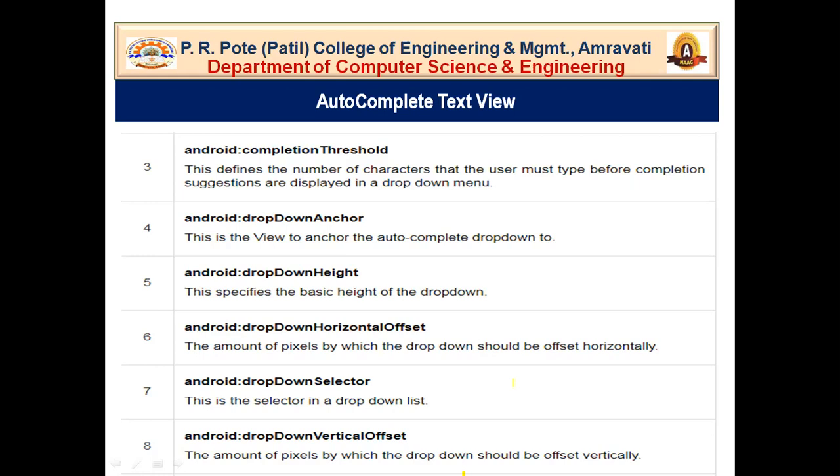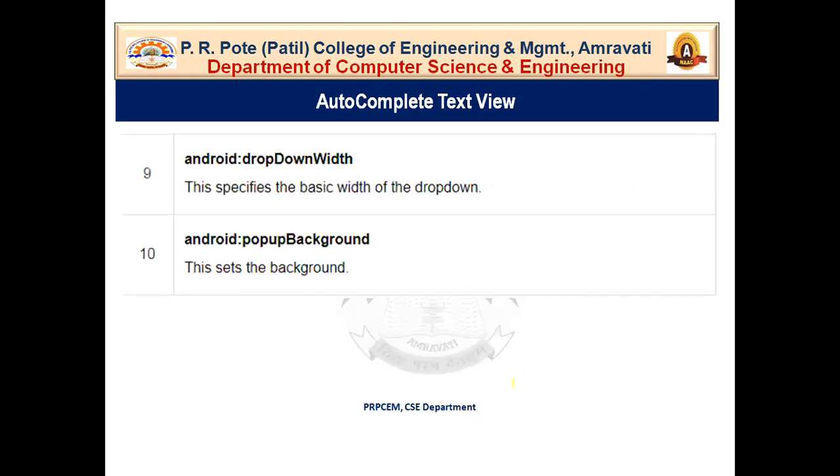This is the selector in a drop-down list. That means by using this drop-down selector, you can select a particular element from this drop-down list. Then android:dropDownVerticalOffset, the amount of pixels by which the drop-down should be offset vertically. Likewise, you have drop-down horizontal offset and drop-down vertical offset also.